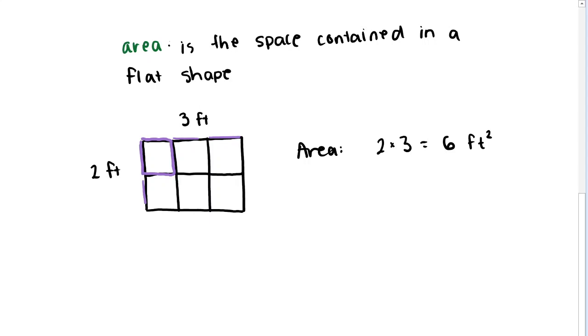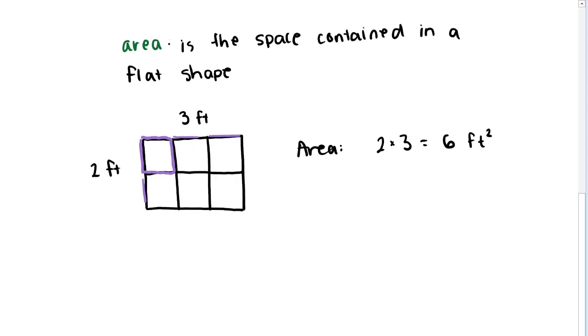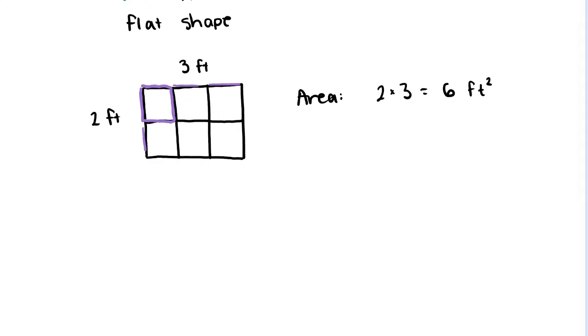How many square units can we fit inside our shape here? In this case of a rectangle, it's just the product of the side lengths of that rectangle. And so in general, the area of a rectangle, this is just equal to the length